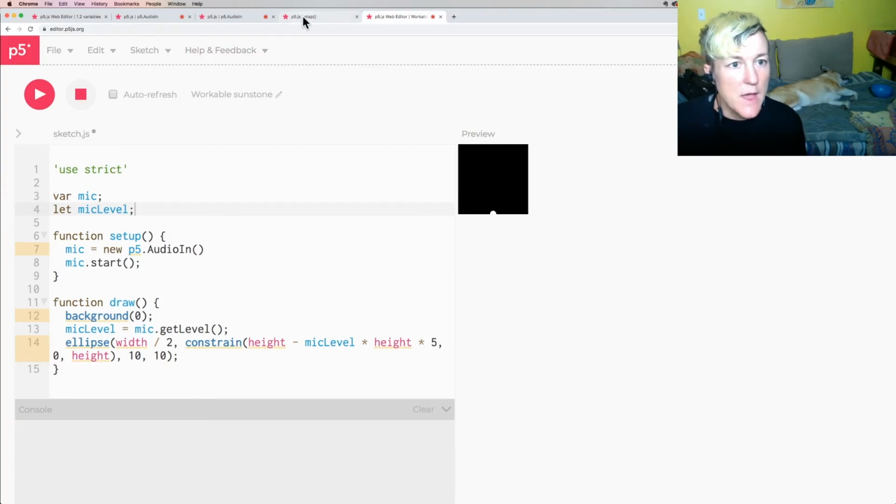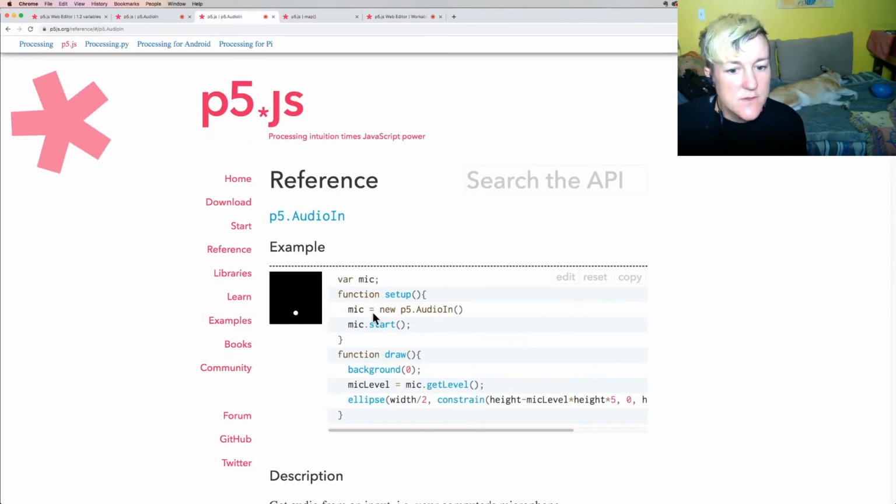Cool. Okay. But back to this example. So they have this mic, this audio mic, and then this micLevel is a variable that's attached to getting the level of that microphone, and now they can use that. So let's do that. So mic equals, I'm just going to copy this